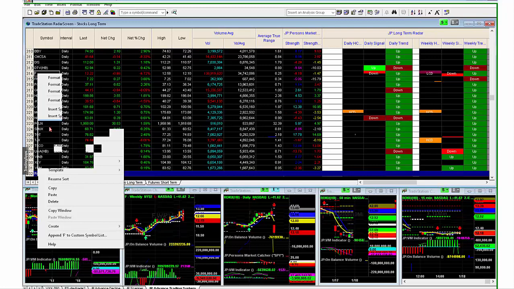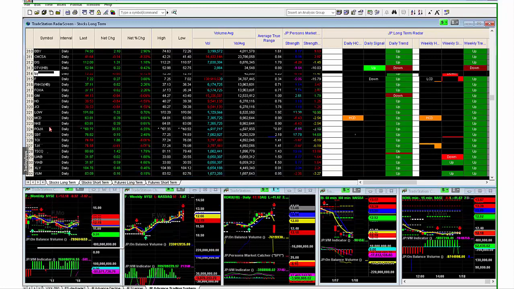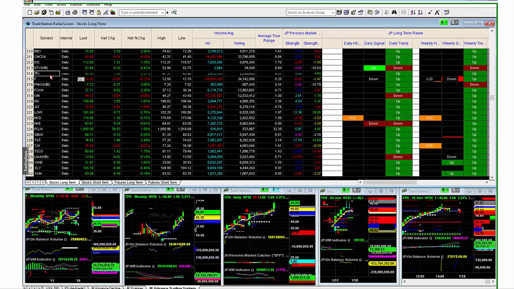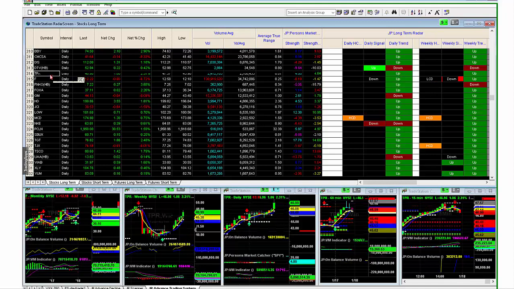It's Tapestry. Why did Coach change their name or their stock symbol from COH to TPR? Because they bought Kate Spade. They merged Kate Spade with Coach, and they call their name now Tapestry. Now, I just added in Consumer Discretionary Tapestry. So I just did something new that I want to keep forever.